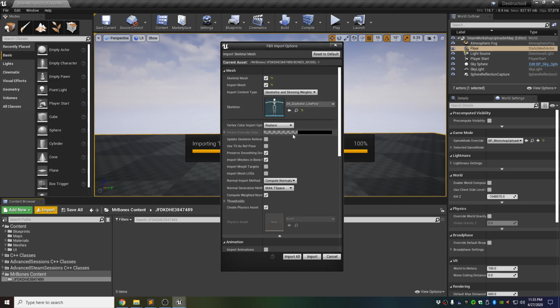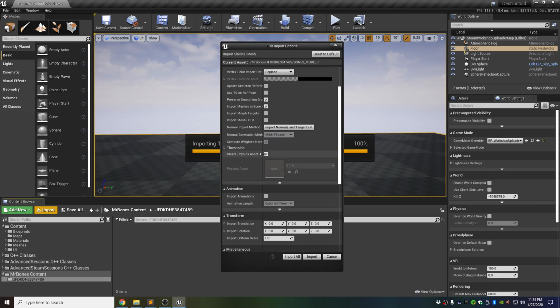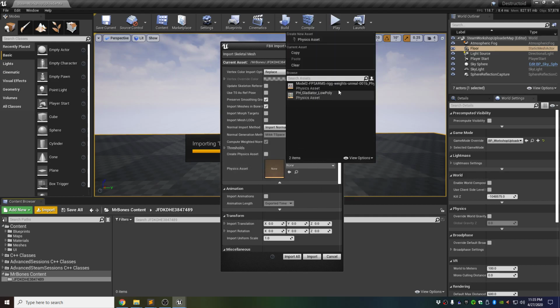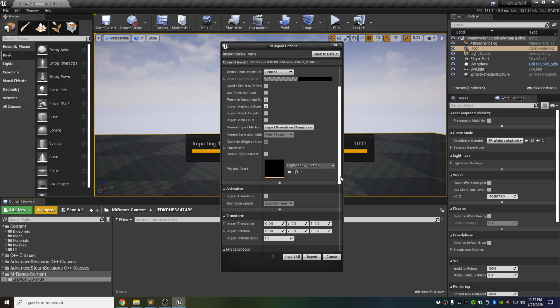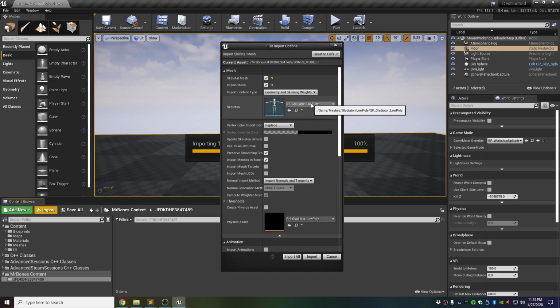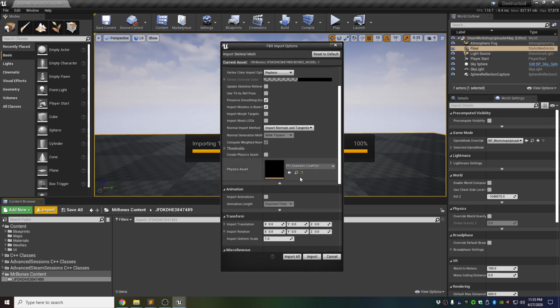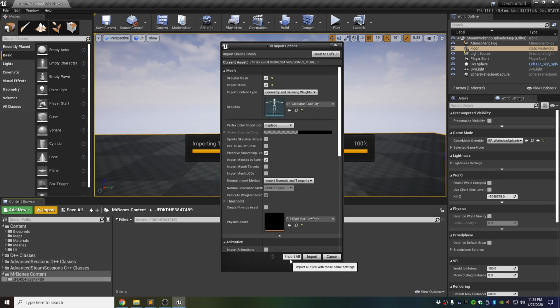The other thing we're going to want to do is where it says normal import method, you're going to want to choose import normals and tangents. And you're going to want to not create a physics asset. You're going to want to link it to the physics asset that we provided, which is this one right here, this PH Gladiator, low poly. So again, you want to make sure it's linked to the skeletal mesh that we provided, and linked to the physics asset that we provided, and that you have import normals and tangents. Then you want to hit import all,